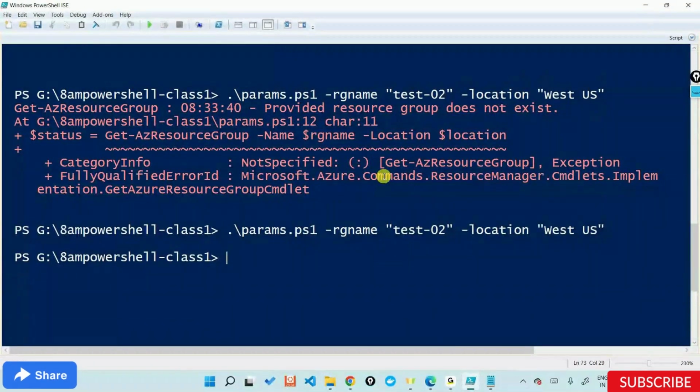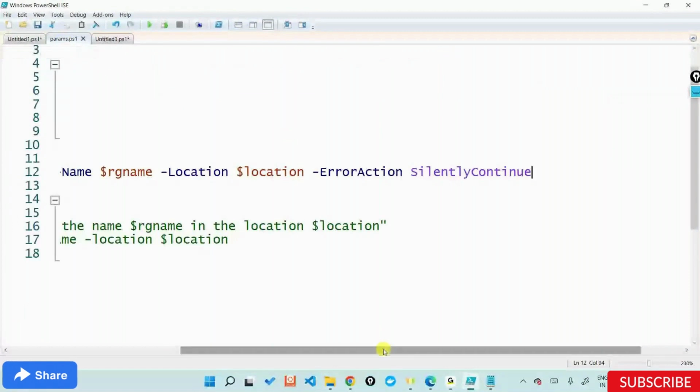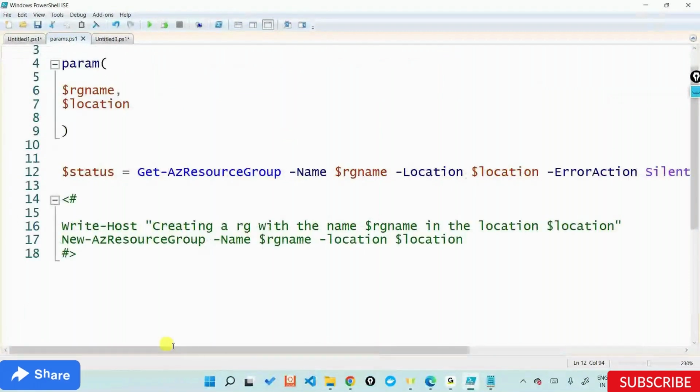So what we need to do is make our scripts a little more intelligent to handle all these things. Now I'll come back to my script, and this is what I'll do. The main intention is not just to check the status of something, but to check the status and to create the resource group if it does not exist. So what I'll do